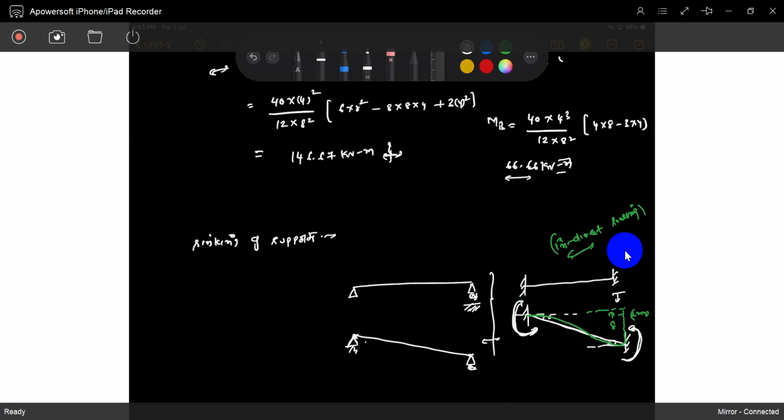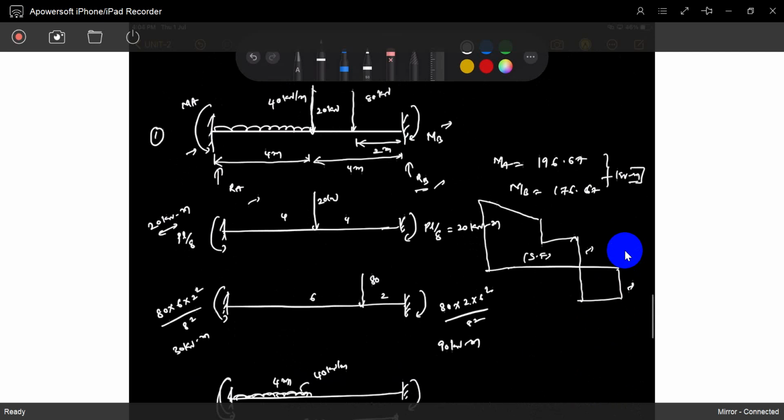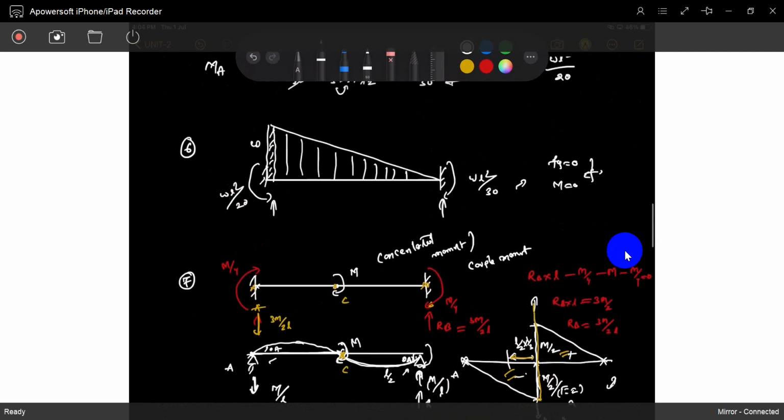So no need to remember, just observe. To maintain zero slope, just draw a deflection diagram. Draw a deflection diagram of the green side. See, it is the green side. So that's it, fixed end support. Automatically the moment will arise to maintain zero slope. These are also in the same direction. Understood? If you see, the moment is applied at the center. Also, this MA is in this direction, MB is in this direction, the same direction.